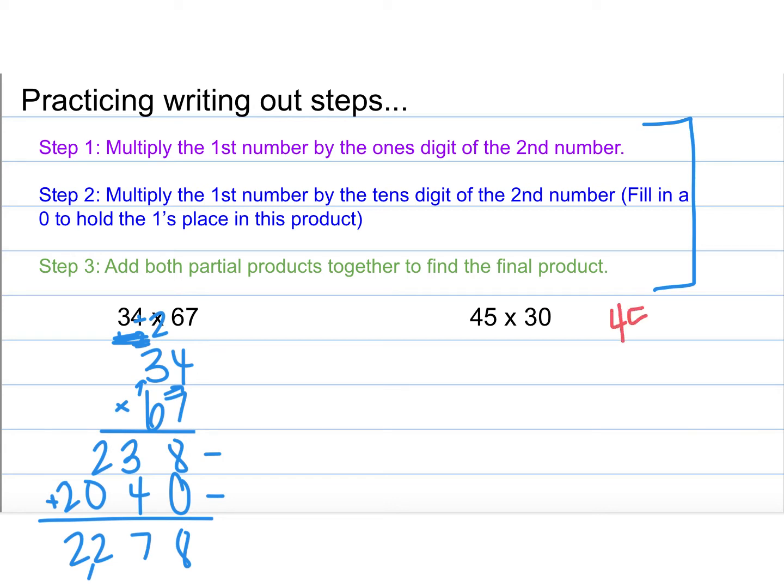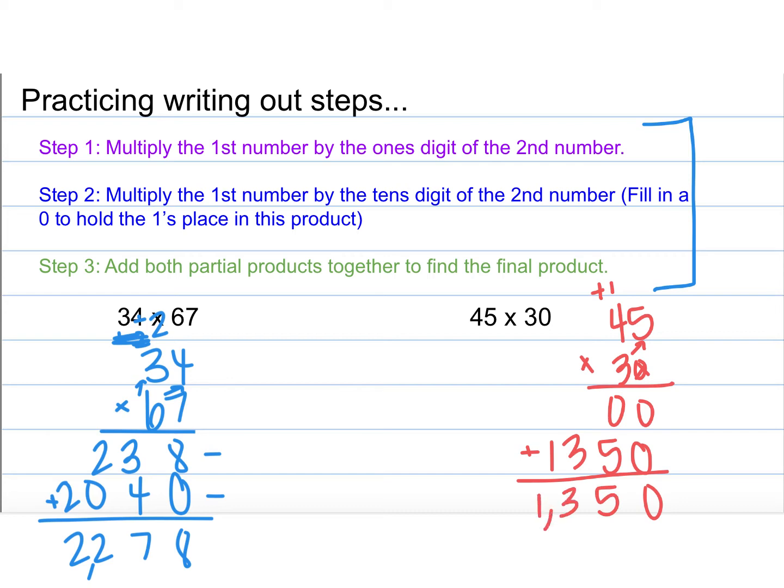45 times 30, stack them on top of each other. Start with the 0, multiply by each thing across the top. So 0 times 5 is 0, 0 times 4 is 0. Now I'm done with the ones place. I'm moving over, so I fill in a 0 here. And now we multiply by 3 across each number. So 3 times 5 is 15, regroup the 1. 3 times 4 is 12, plus the 1 we regrouped, which is 13. Step 3, add the partial products together. 0 plus 0, 0 plus 5, bring down the 3 and the 1,